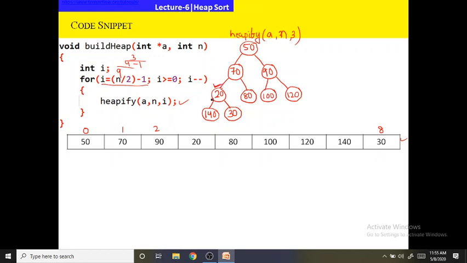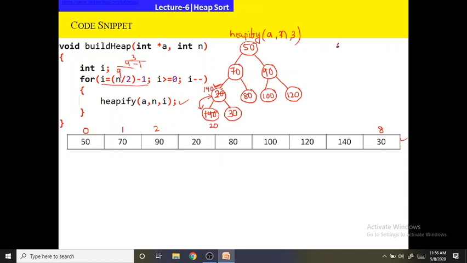Now first we have to look at the left child. The left child contains 140. Now you see whether the parent node is larger or the left child is larger. The left child is larger. So now we will compare the larger element with the right child. 140, 30. So 140 is larger. Out of these, we can observe that 140 is the largest. So we will swap 140 with its parent node. So here we will get 20, and here we will get 140.